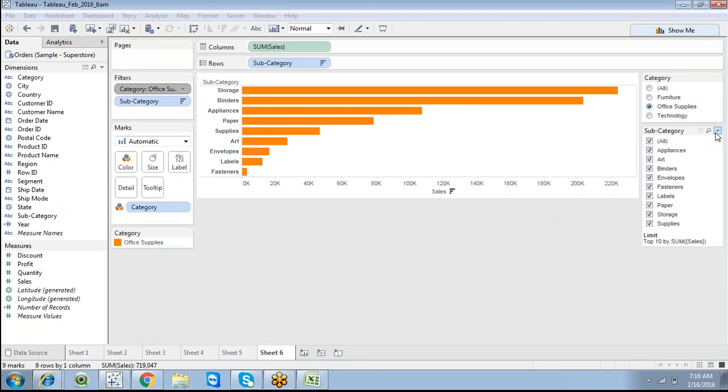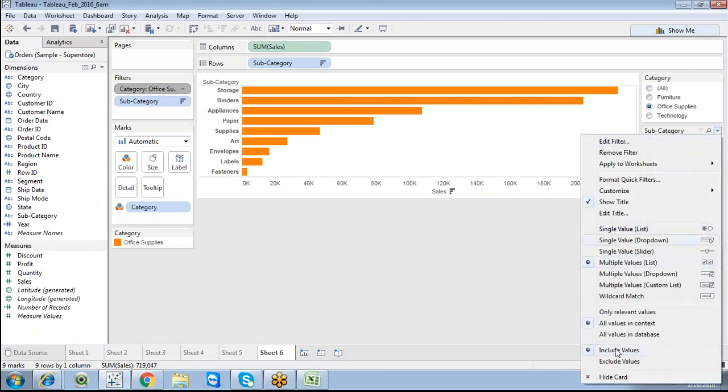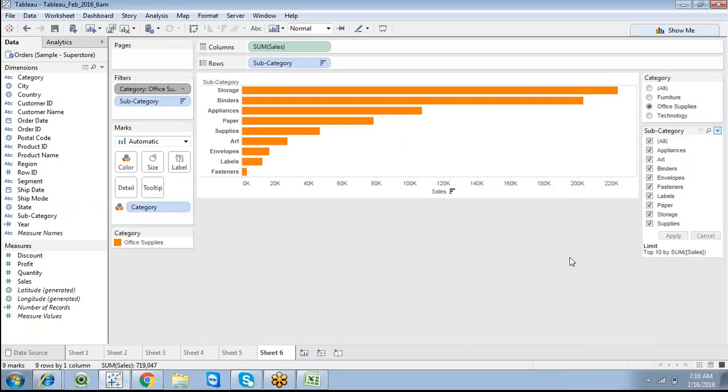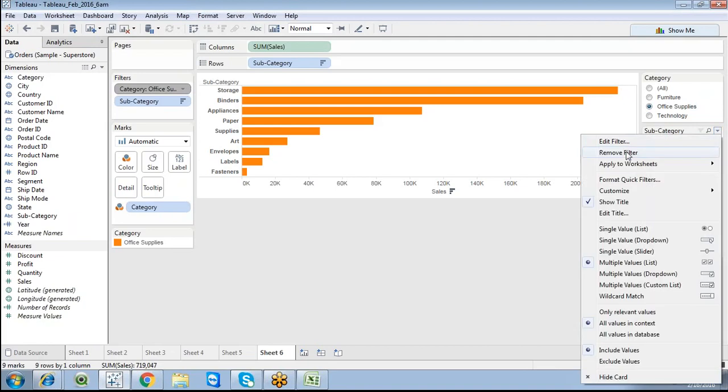But just go with all these options. We already discussed customize, the all button, and the apply button. Click on apply. If you want, you can have an apply button, but still we have applied with some limitation. So just go with these particular options. Go to customize, check single value drop down, slider.